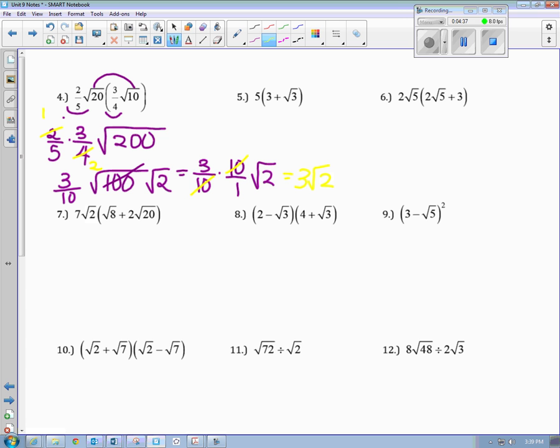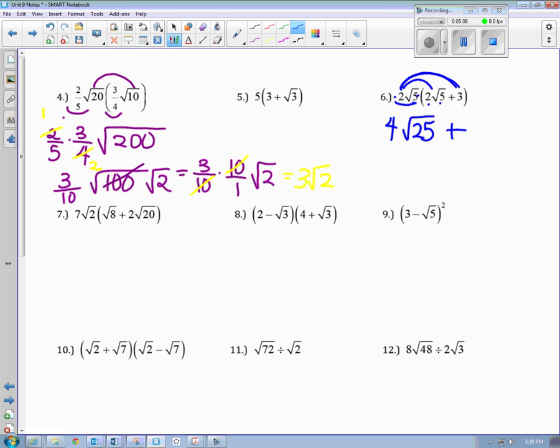For question 6, when we go through and do this one, this is very similar to lots of things you've done in the past. I have something out in front of the parentheses, connect to it by multiplication. 2 terms inside the parentheses, so I have to distribute. When I distribute the 2 radical 5 to 2 radical 5, I'm multiplying 2 radicals together, so I'm going to do the 2 times the 2, which is 4, the radical 5 times the radical 5, so radical 25 plus, and then I'm distributing this over to here,